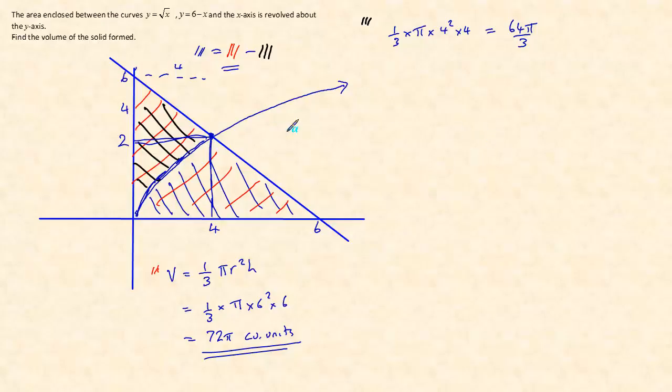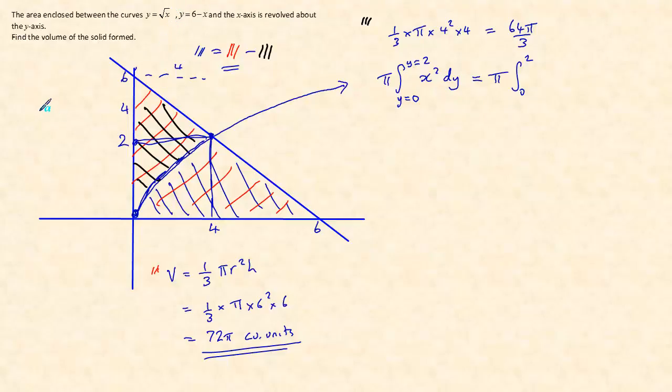For this bit, we're going to need to do the integral from y is 0, so down here, to y is 2, of x squared dy. Don't forget to multiply by the pi. When I make a mistake, it's usually because I lose this pi somewhere along the way, so just be really careful with that. Because we put it in front, it's easy to forget it. So that's pi times the integral from 0 to 2. Now x squared is going to be,